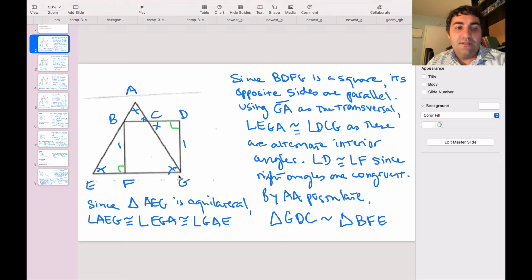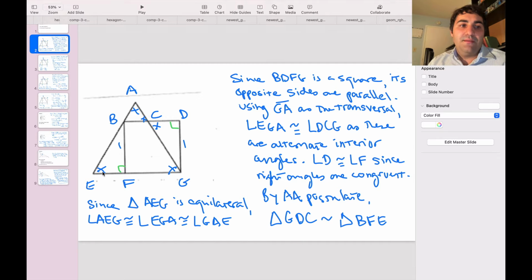So what does that mean? If we take line GA as a transversal, then this angle here, EGA, and this angle here, DCG, are alternate interior angles, right? And since these two sides are parallel, the alternate interior angles are going to be congruent. Also, as I marked off in green, angle D and angle F are congruent since they're both right angles, so we can apply the angle-angle postulate for similarity, and we get triangle GDC is going to be similar to